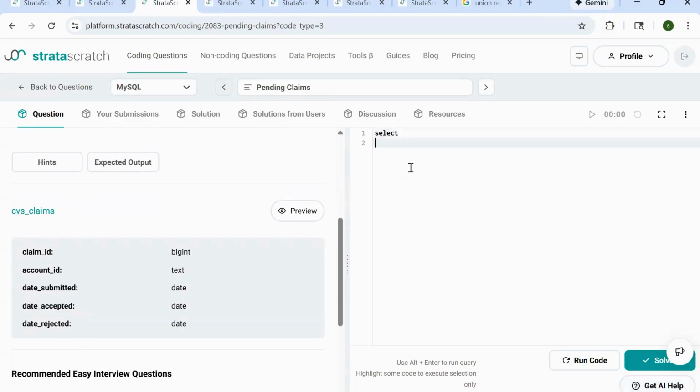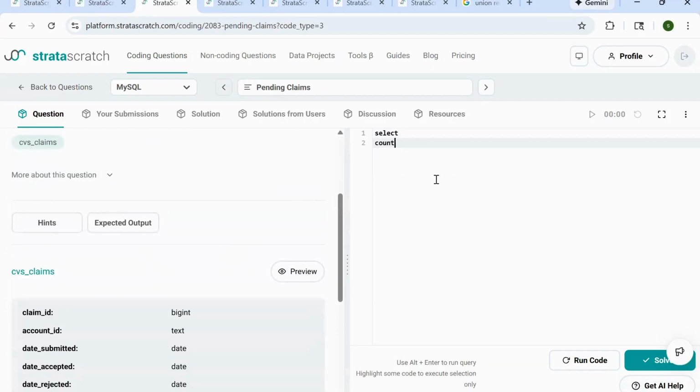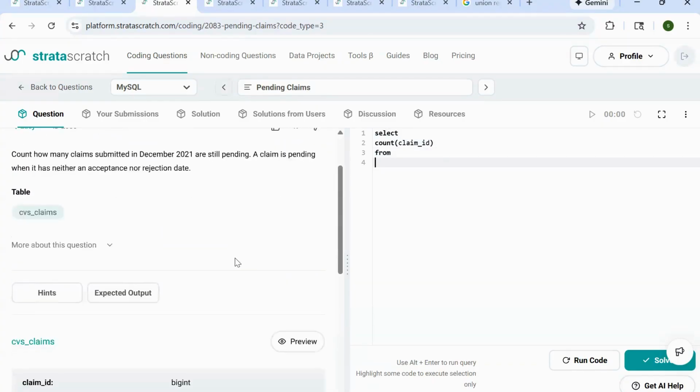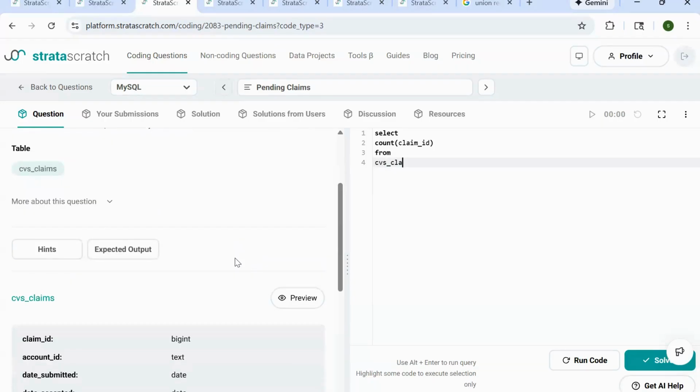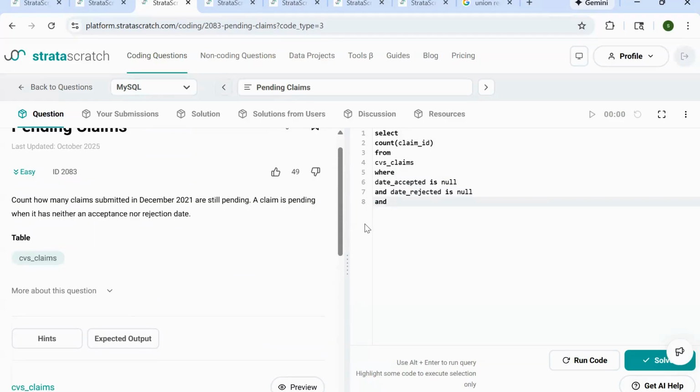So select count claim ID from CVS underscore claims where date accepted is null and date rejected is null,